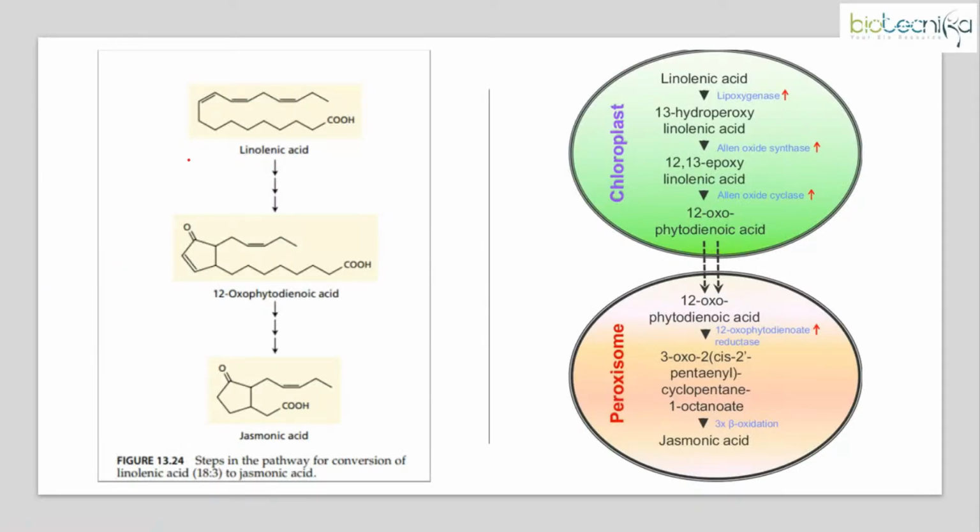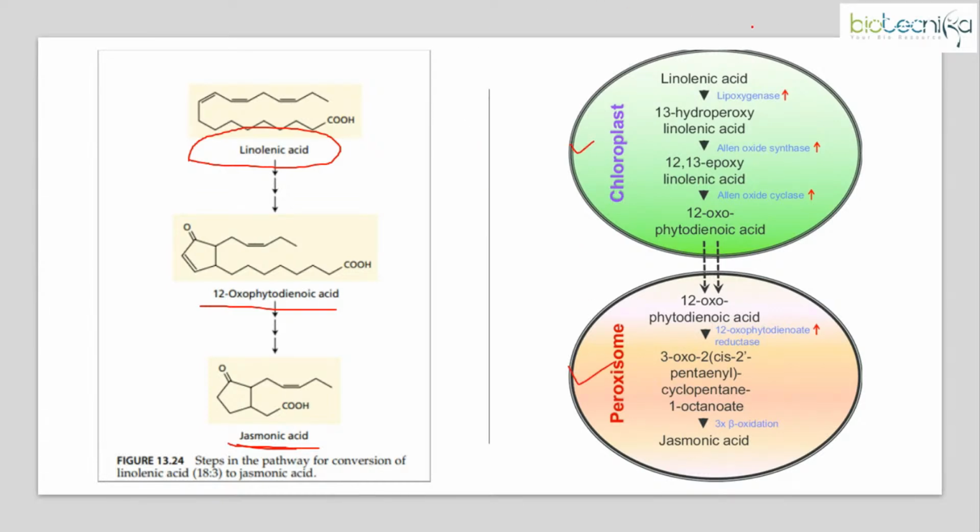This is linolenic acid. So this linolenic acid undergoes several intermediate steps, giving rise to 12-oxo-phytodienoic acid, which in turn gives rise to jasmonic acid. So it is the only plant hormone to have a lipid serving as a precursor. So these are the steps involved in the production. You can see we have 2 cell organelles involved in the jasmonic acid synthesis pathway, that is chloroplast and